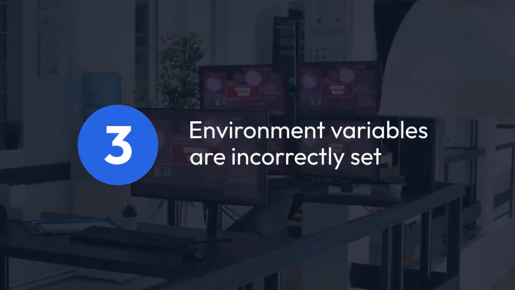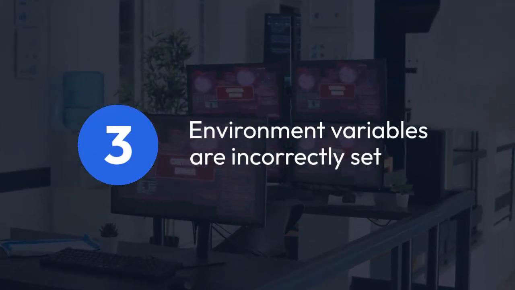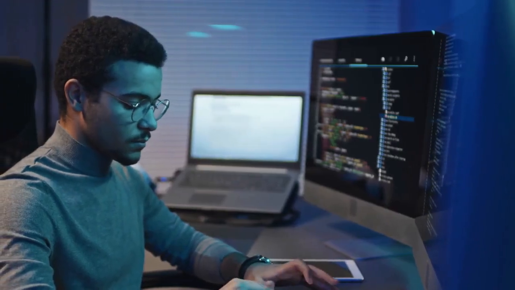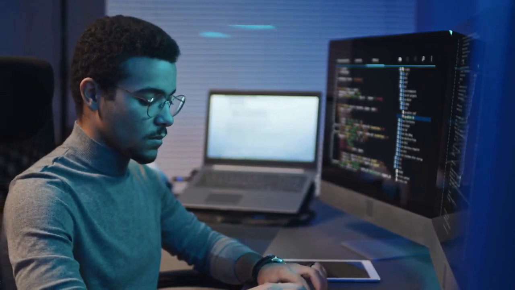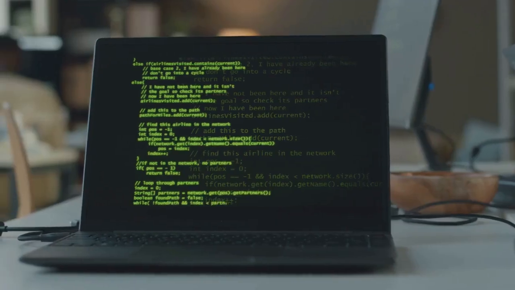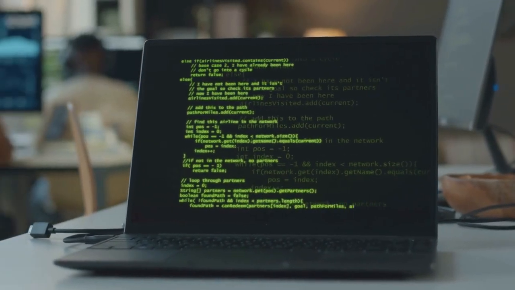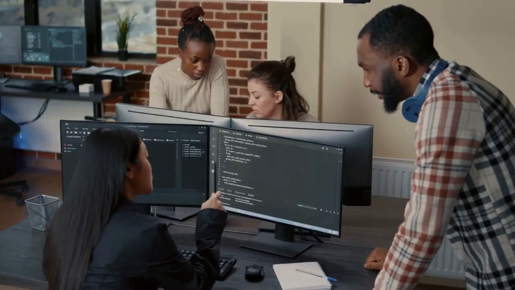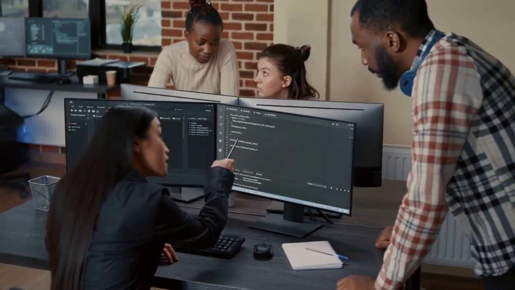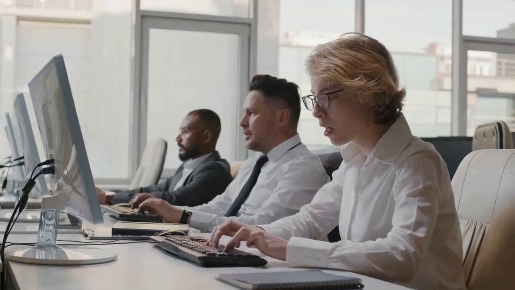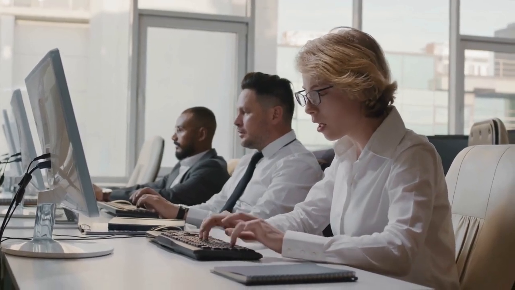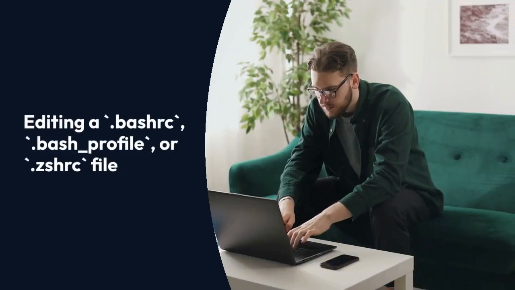3. Environment variables are incorrectly set. Your system's environment variables need to point to the correct directory containing pg_config. This path containing the bin directory of your PostgreSQL installation must be added to the PATH environment variable. The exact method depends on your operating system. Windows requires accessing system properties, while Linux and macOS often involve editing a